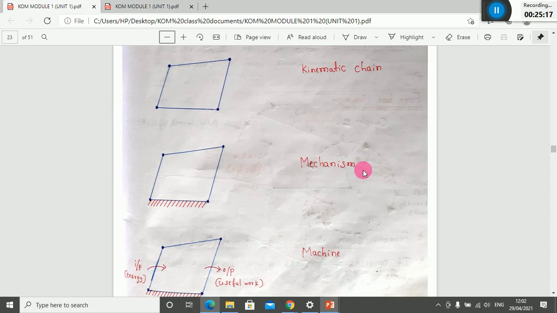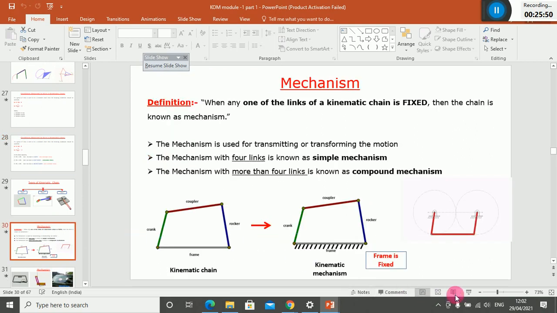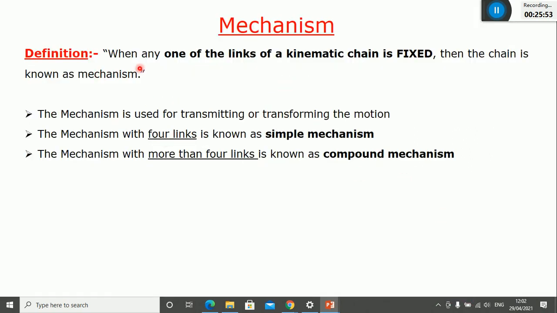It means you can consider your fan. The ceiling fan is fixed to the roof. It means the roof is considered as also one more link, that is a fixed link. And the railway track, it is also fixed. And when you consider a car wiper, the car wiper is fixed to the front glass. It means when you want to say a mechanism, it is nothing but a kinematic chain, but any one link is fixed. That is the definition of a mechanism. So please take down the figure. When any one link of a kinematic chain is fixed, then that chain is called a mechanism.